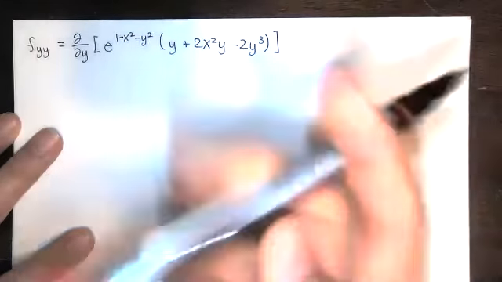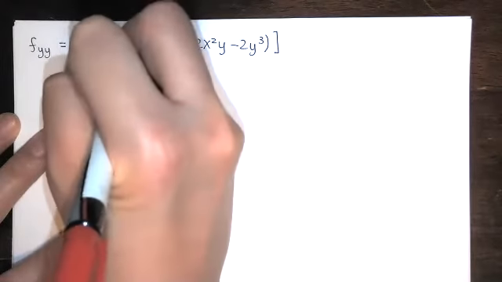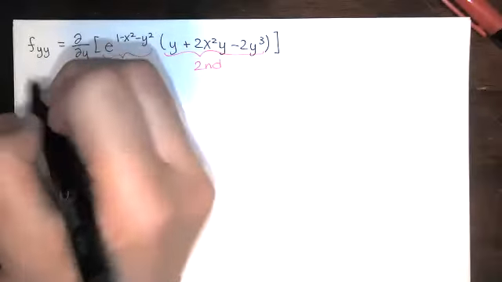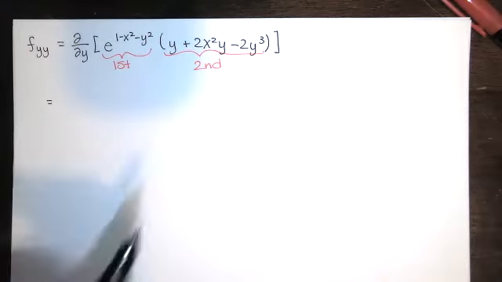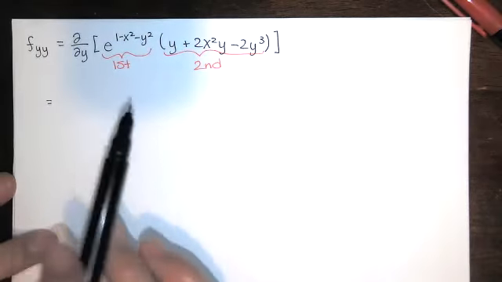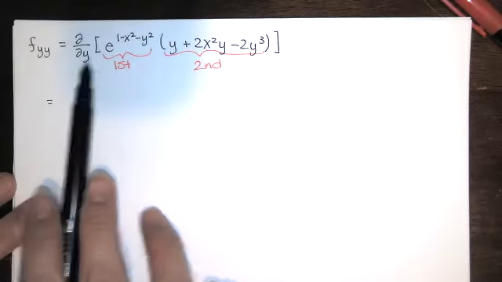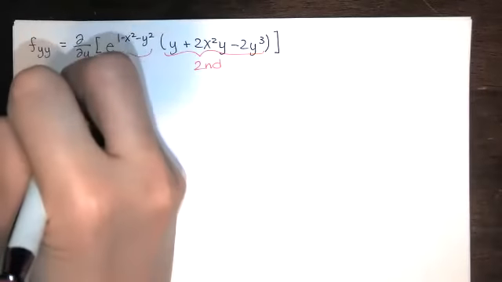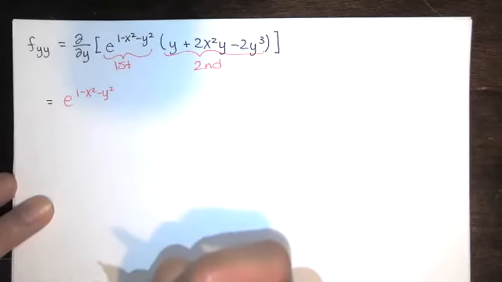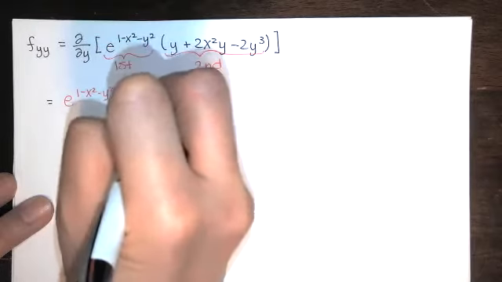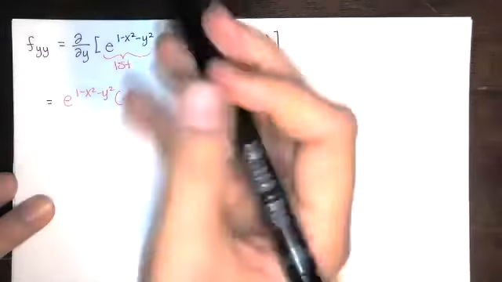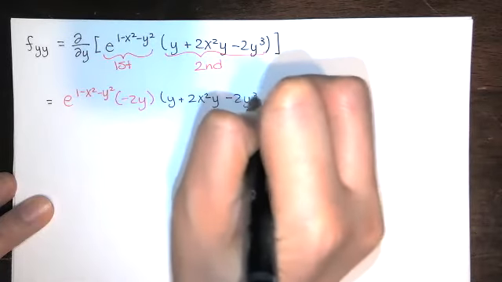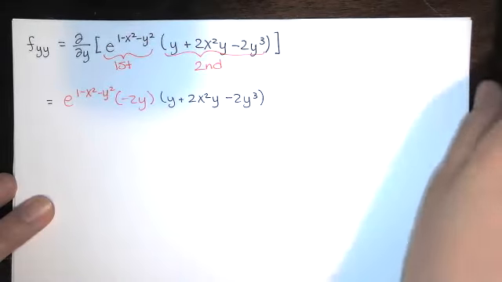All right, I've got a function of y times a function of y. So I use the product rule again. This is good practice, guys. I know it seems tedious, but it's very good practice. Okay, so we're taking derivative of a product. So we have the derivative of the first times the second with respect to y. Derivative of an exponential is the exponential times the derivative of the inside with respect to y. Done that before, so I'm not talking through that chain rule nearly as much anymore. That's derivative of the first times the second, plus